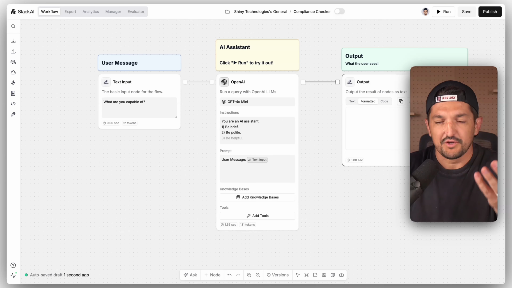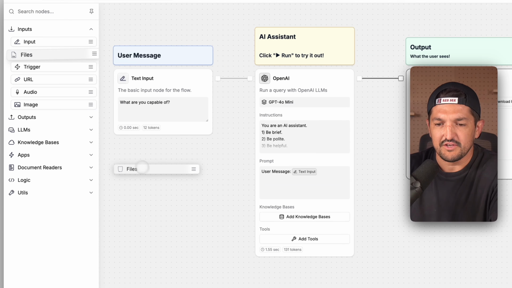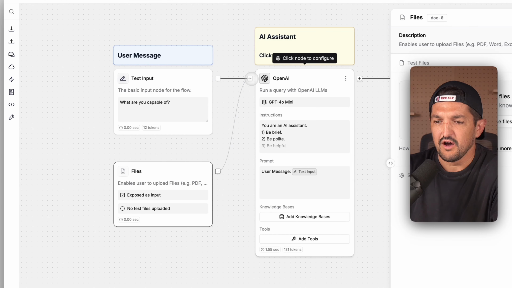But how I want this to work is I need a text input for the user to ask a question, or for your employee to ask a question. And then I need them to be able to upload some files. It can contain things like social media posts or some sort of document that they're working with that they need to check is fully compliant. So we need to go to input on the left. We need to select files and drag it and pop it on the canvas and connect this into our first